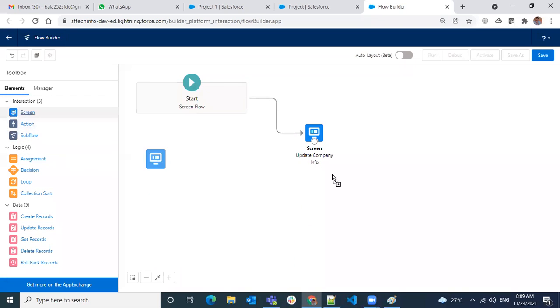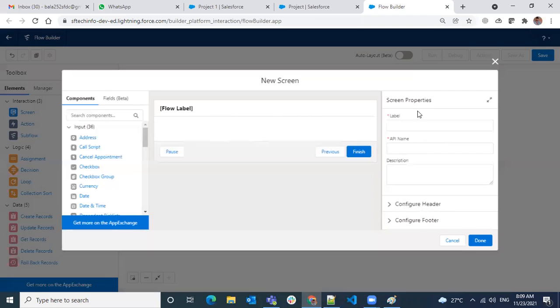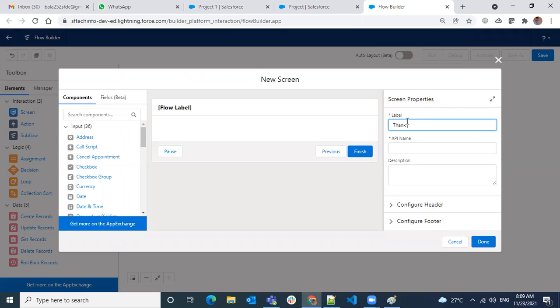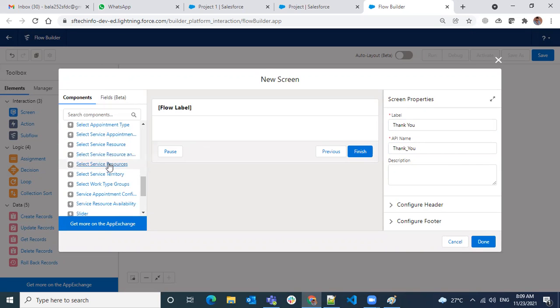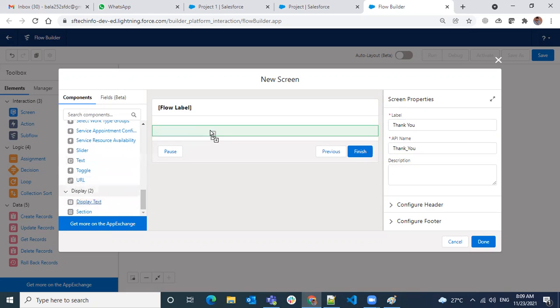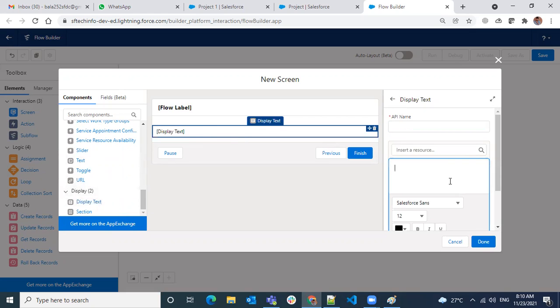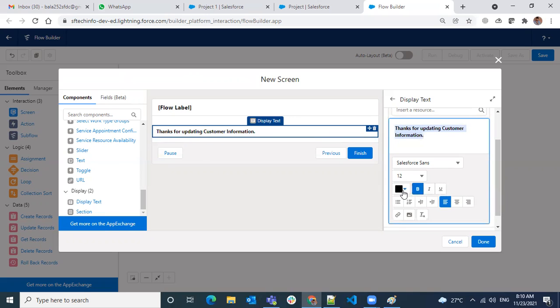After the screen, I want to add one more screen, saying thank you. Yeah, I want to display a text which is thanks for updating customer information.